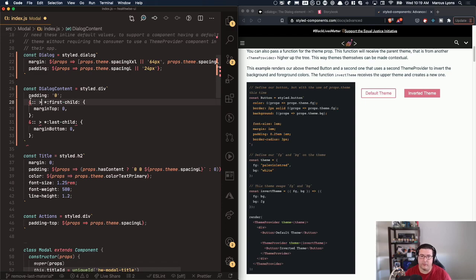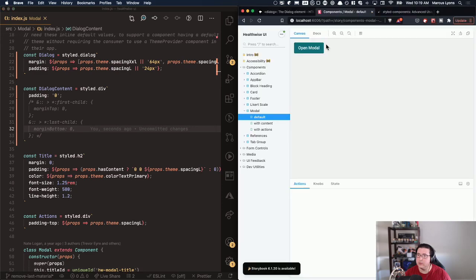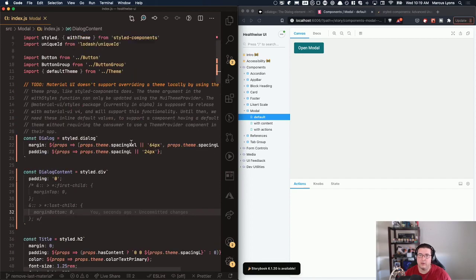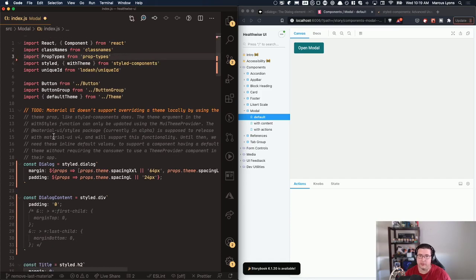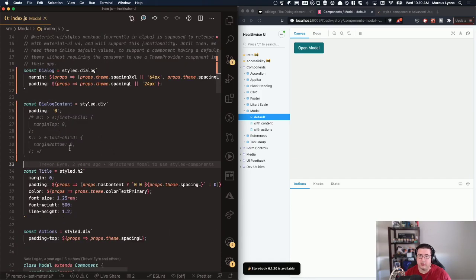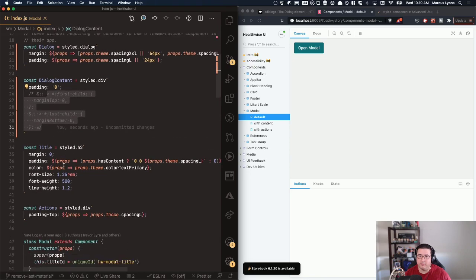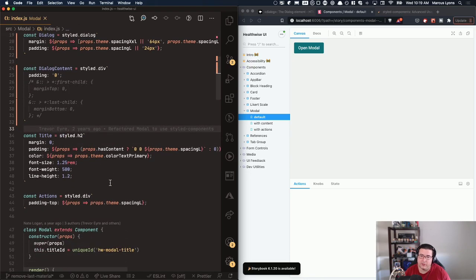But then it doesn't like any of this stuff, and I'm just gonna comment this out for right now, just to get this back to working. Okay, so all of our styles are still there that we needed. Okay, and so now we can remove these two pieces, and we'll have to figure this part out. But that removes our material